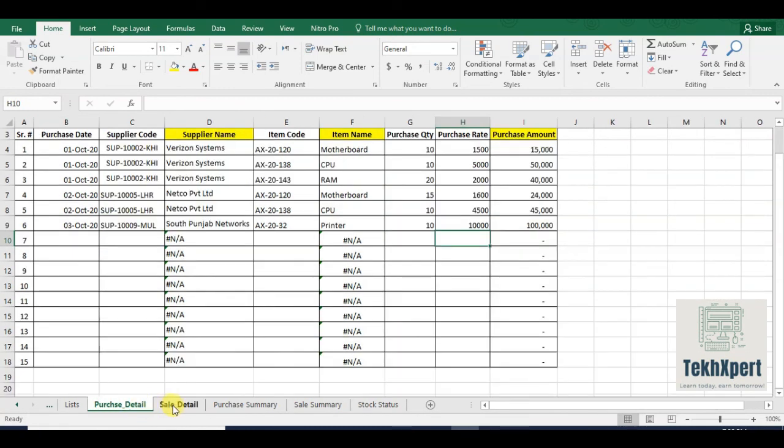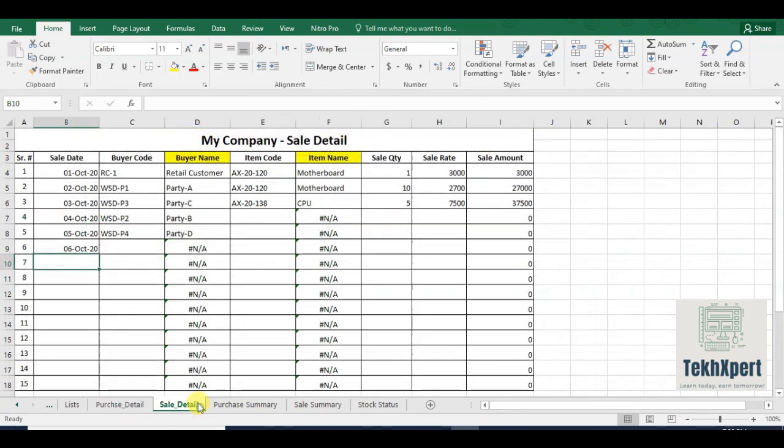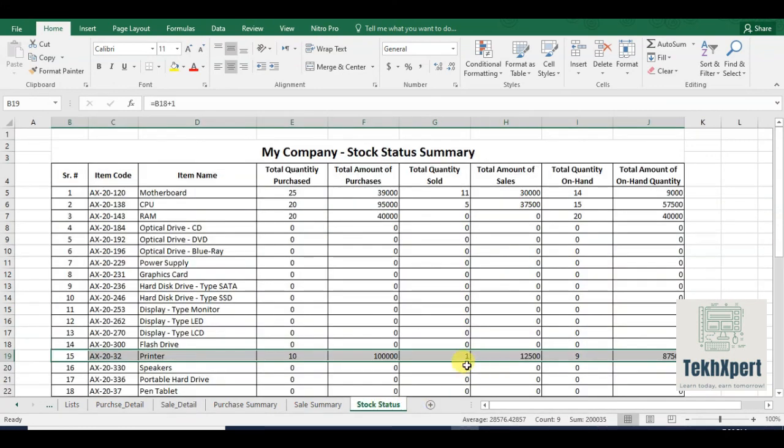So my product code was AX20-32, and I am selling it to retail customer. AX20-32, one quantity, sale rate 12,500. So let's now check. So we have also received the data in the sold quantity and sold amount, and stock has been updated successfully.